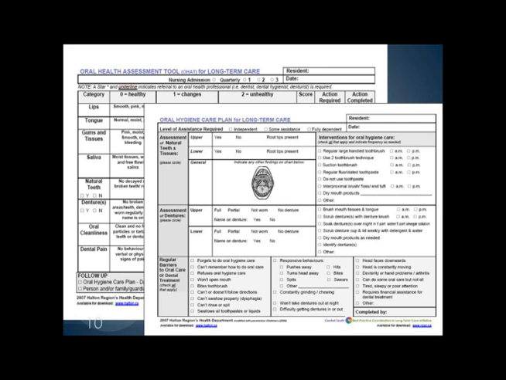As an example, the first category in the OHAT is lips. If you had a level 1 finding, that is dry, chapped, or reddened areas at the corners of the mouth, the intervention would be to use lanolin, KY jelly, or other non-petroleum-based lip lubricant. This information would be entered under the Interventions for Oral Hygiene Care section in the upper right under the Other